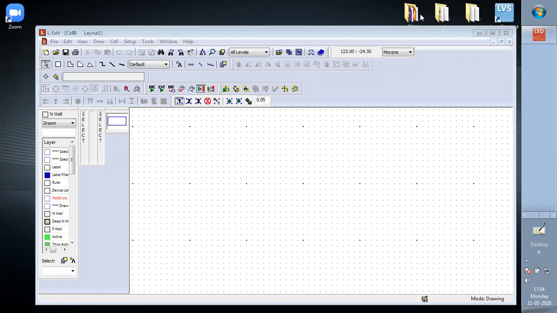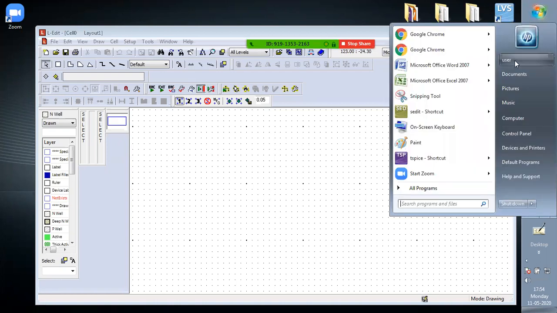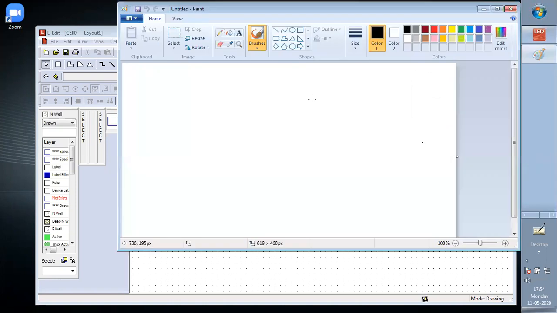This is the lecture on the layout of NAND gate. For the NAND gate layout, we first need to understand the schematic. The schematic has two PMOS transistors in parallel.